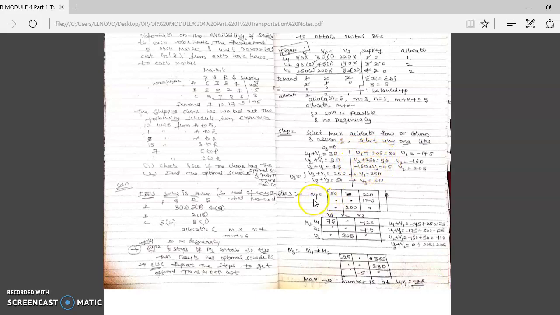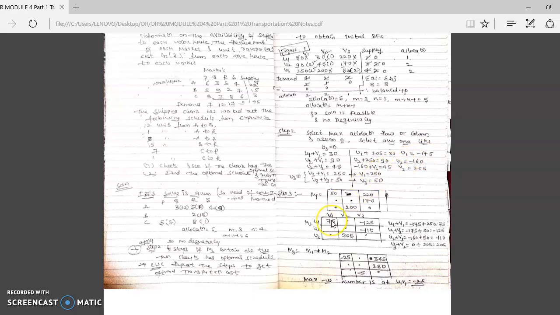Then step 3 is to obtain the M1 matrix in such a way that it contains the elements which are not allocated. Here 1, 2, 3, 4, 5 are allocated. Make them dotted. The remaining not allocated, 50, 220, 170, 200, write them as they are. Then the M2 matrix, you have to write the values. This one is U1 plus V1. What is the value? U1 is minus 175, V1 is 250.